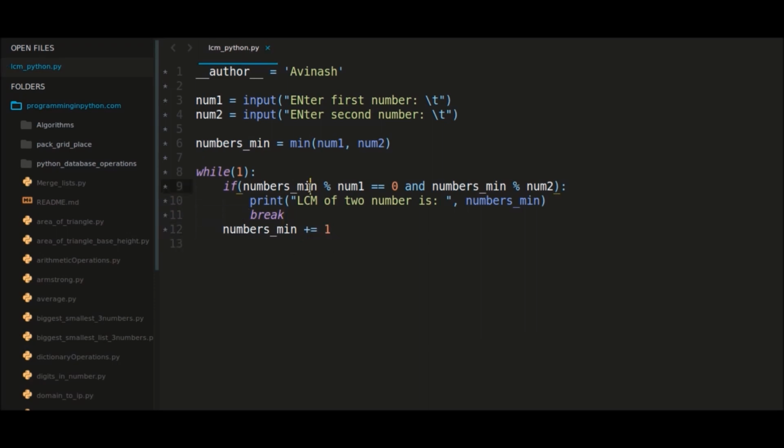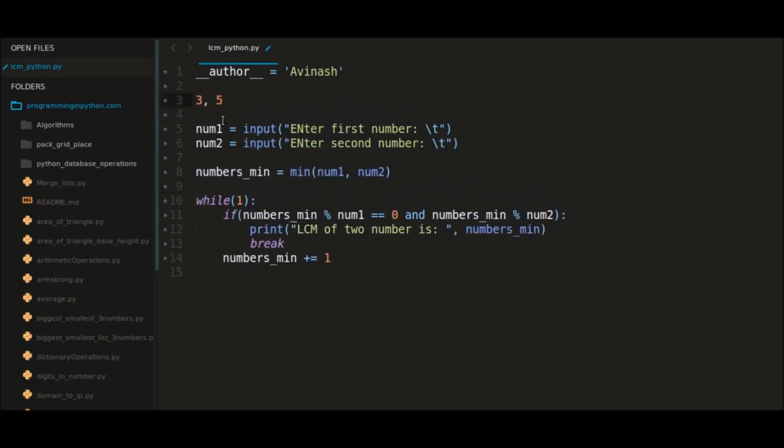So here basically what happens is, we will take the same example here, 3 and 5. We took two numbers, 3 and 5. This 3 is number 1 and number 2 is 5. In this min we will find 3 as the minimum number. So we'll check 3 divided by 3 gives a remainder 0, yes, and 3 divided by 5 does not give a remainder 0. So it will come out of the loop,